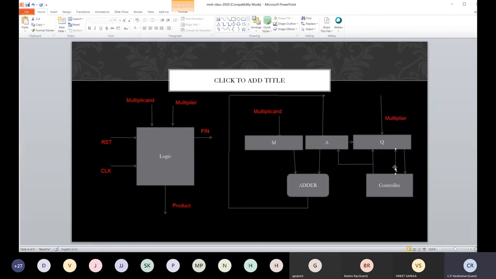So we'll have a load control here, and one similarly for accumulator and one for multiplier. And then maybe the controller has to do this n times, where n is the number of bits. So internally it will also use a counter of some kind. This is part of the controller itself.